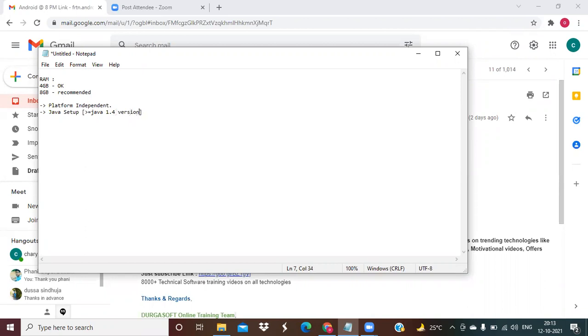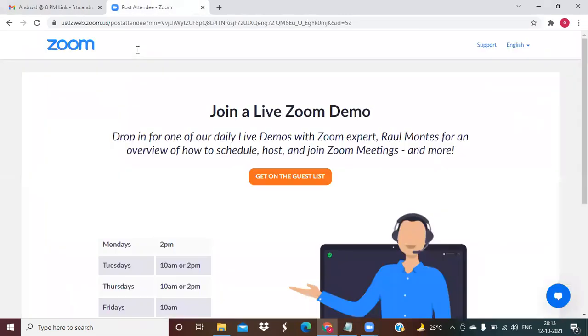Lower than that version, it won't accept. 1.4 is accepted, greater than that also accepted. But currently we are working with Java 1.8 version, and we have 1.12 as the latest.